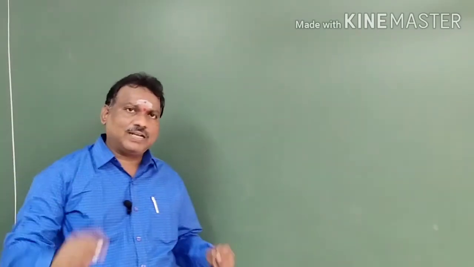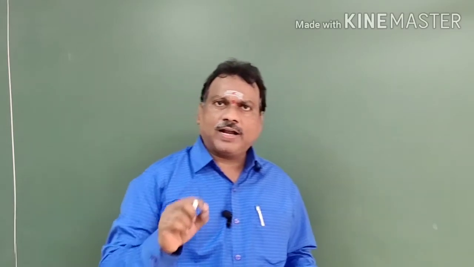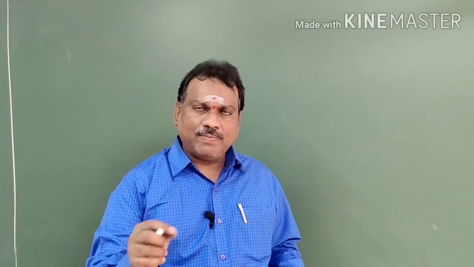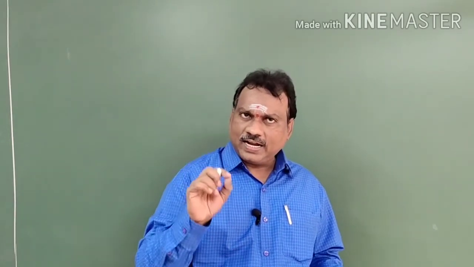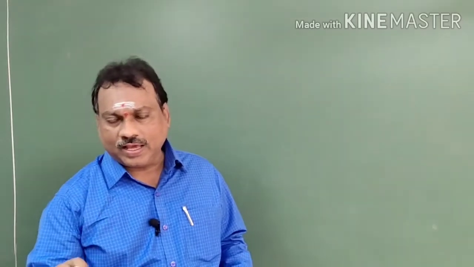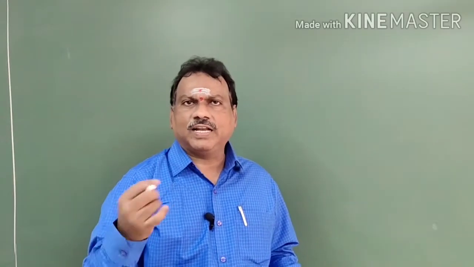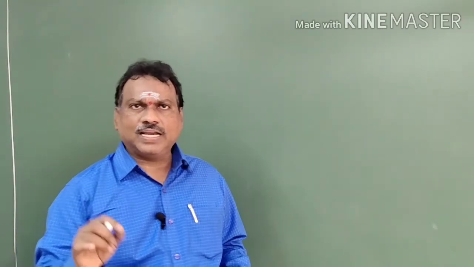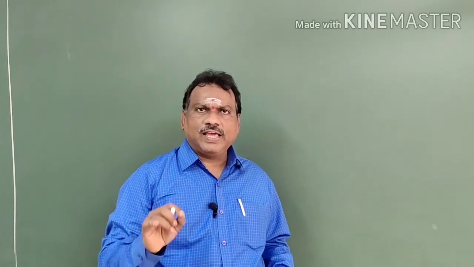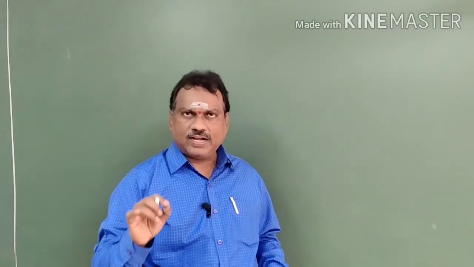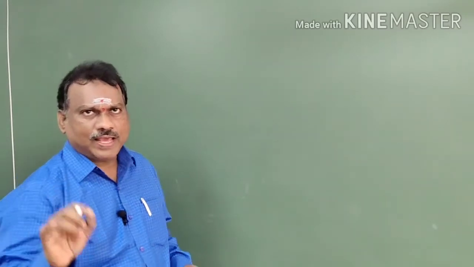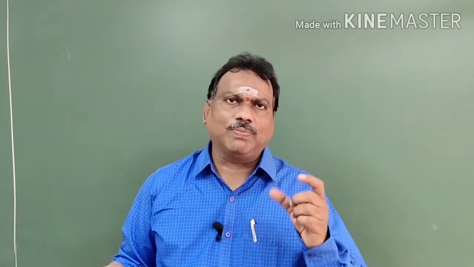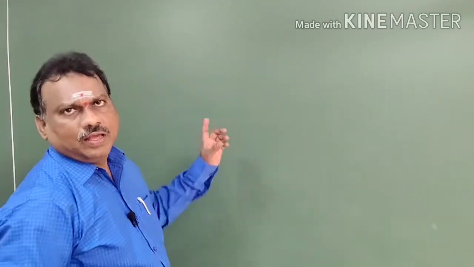What is meant by universal relation? A relation R on set A is said to be a universal relation if every element of A is related to each element of A in a particular set. Once again I will repeat it. What is meant by universal relation? Each element of A is related to every element of A. Previously we completed the empty relation. For that we will give one example. After that we will go through the universal relation.